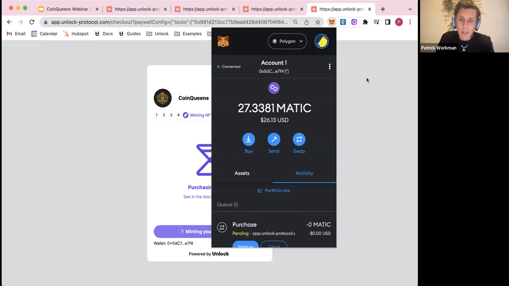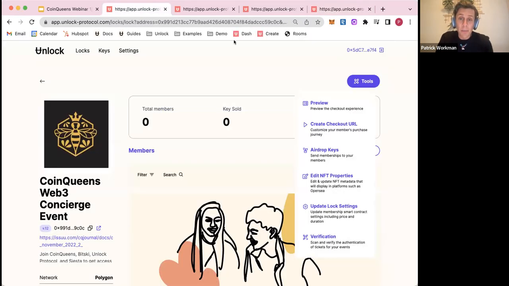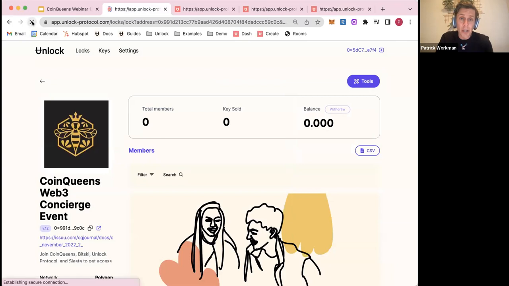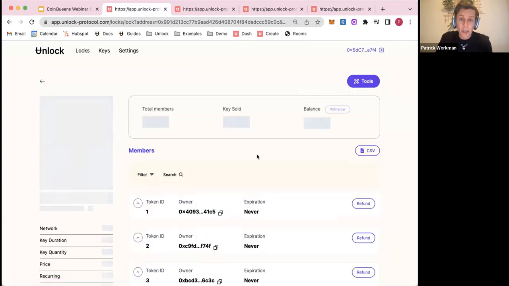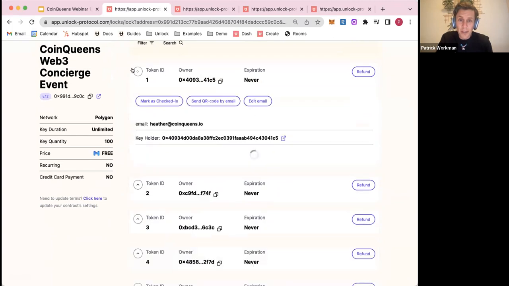minted. So I think there's something slow going on with the Polygon chain right now, because it typically takes seconds to do this. And right now I see my transaction is still pending. Once that transaction does take place though, you'll see it here in the dashboard. So it will show that, oh, there we go. Oh, look at you. Here's everyone that's actually collected one of these already.